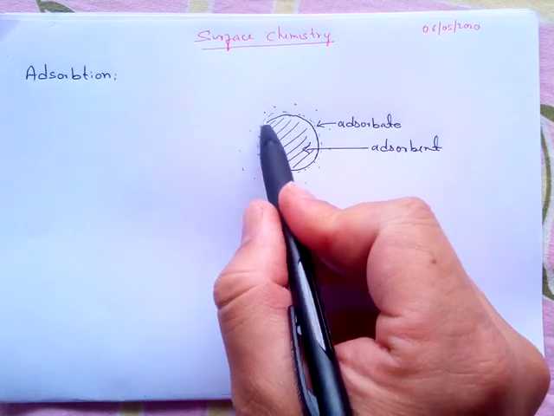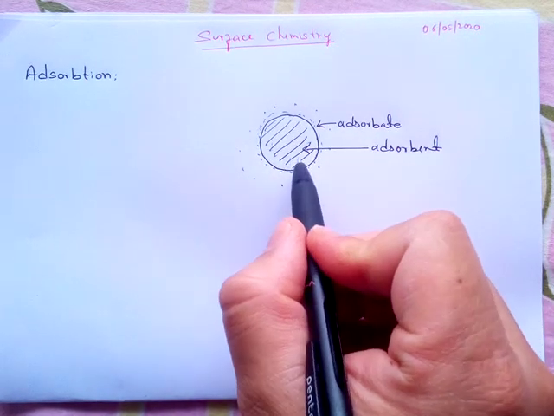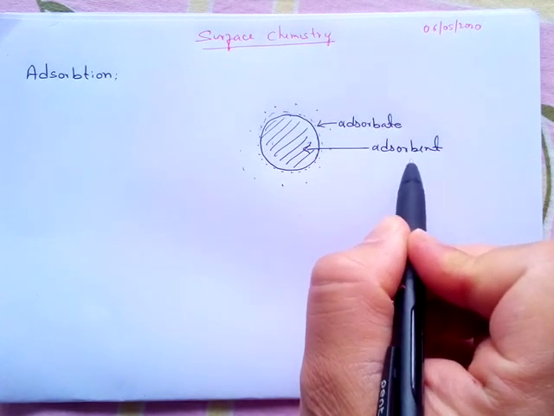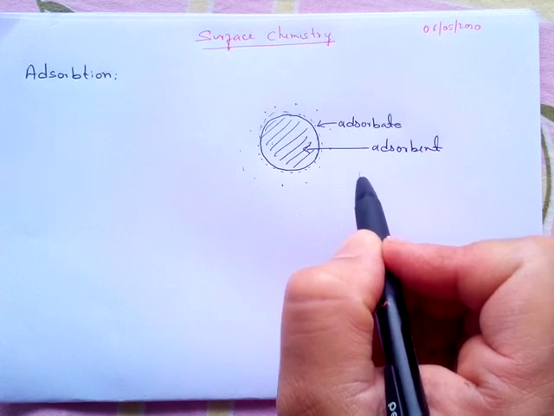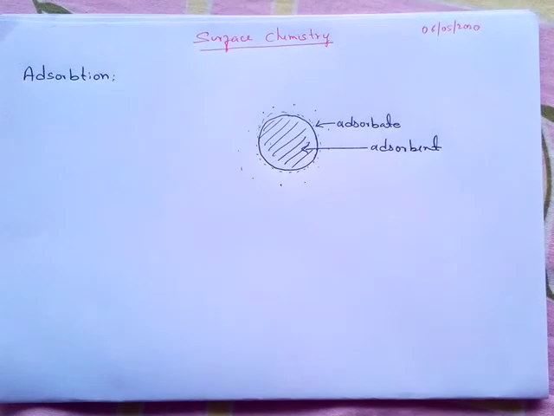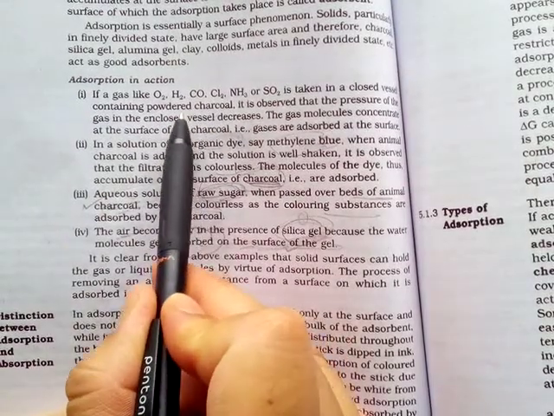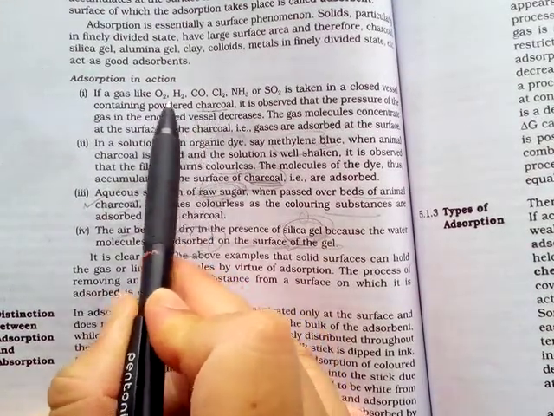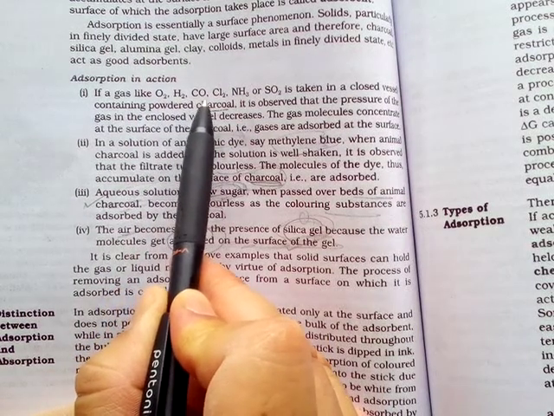So this gas particle is called adsorbate and the stone is known as adsorbent. The adsorbent is a particle whose surface is used as